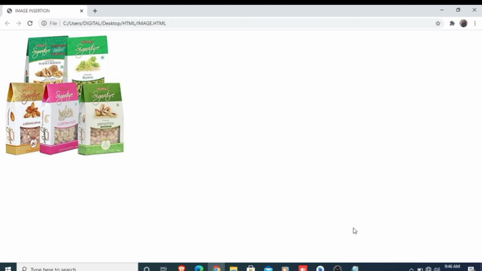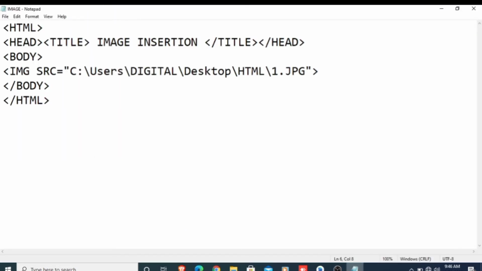For that you just have to write the simple tag. After this you have to write the height. Height is equals to, one thing you have to keep in your mind, height and width always come in percentage form. Height is equals to 50%. If I want to assign the height of my image as 50%, and then width, I have to write width is equals to 50%, it is used to resize my image. So you just have to write height and width here with the image tag after the location of your image, and save it.